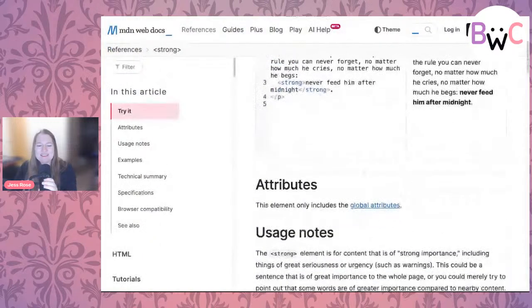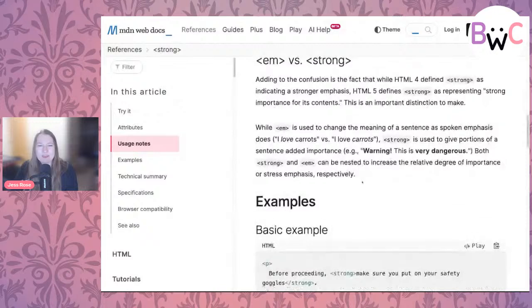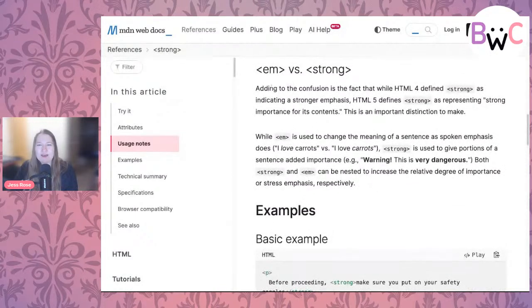While I go and get this, let's talk about homework. So here we go, M versus strong. HTML4 says strong, the old version of HTML, had stronger emphasis than M. HTML5 says strong represents strong importance for context. So there is a debate. This still doesn't feel very definitive. It still feels very vibe based, where it says strong is strong and M is emphasis. Hmm.